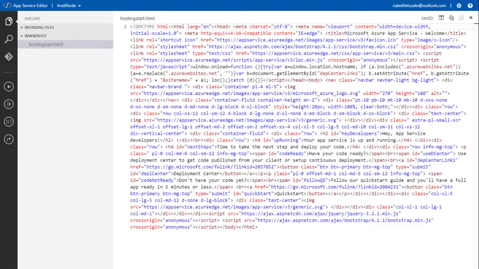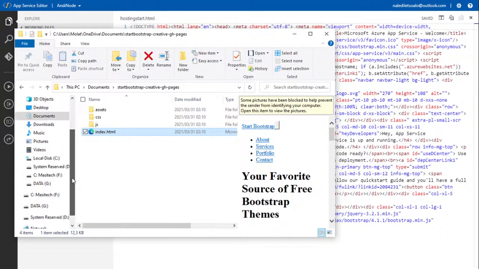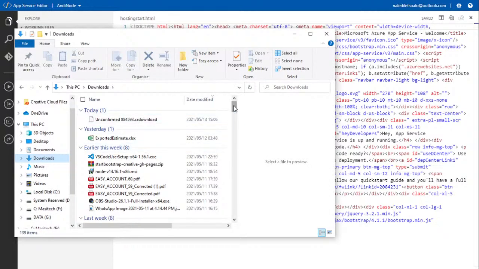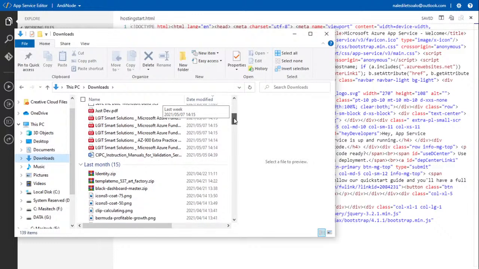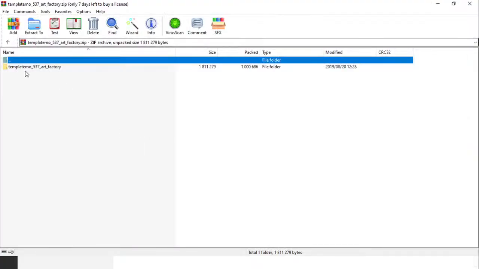All right, so I'm going to download this particular one. It's actually quite heavy, but nonetheless. So I'm literally trying to download this website template. And in fact, actually, let's use Template Mo.